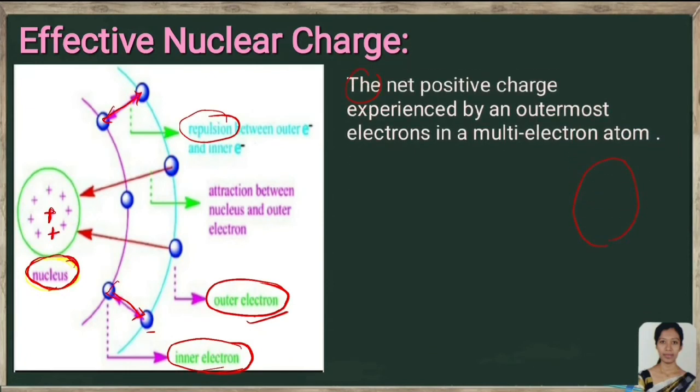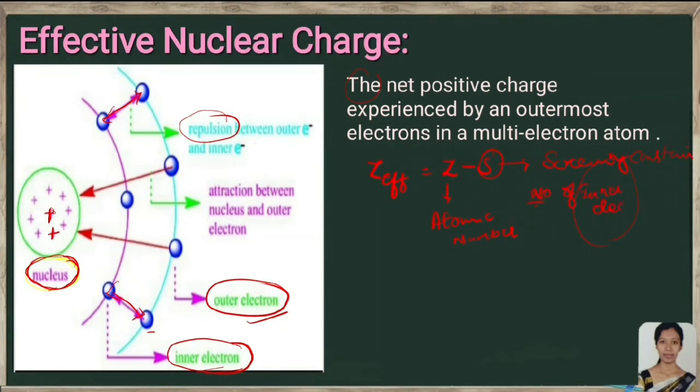That means the net positive charge experienced by the outermost electron in a multi-electron system is given by Z effective equals Z minus S, where Z is the atomic number and S is the screening constant,